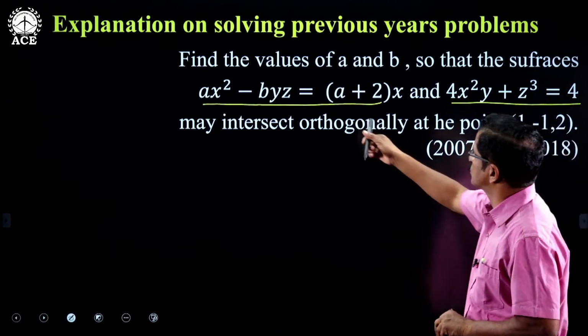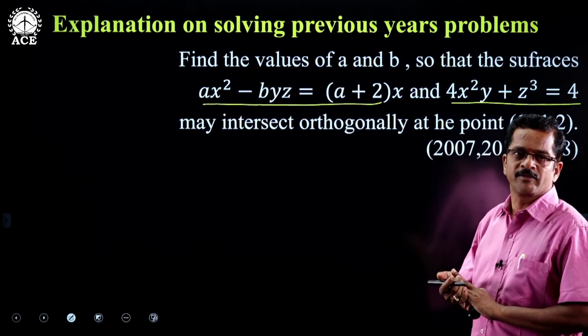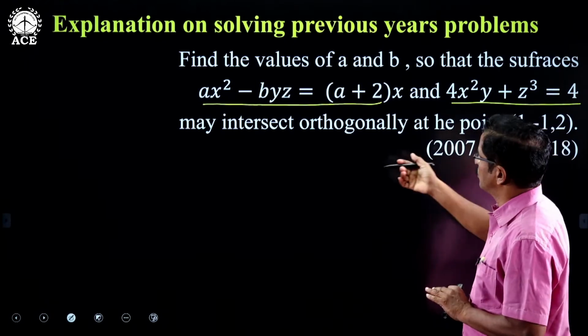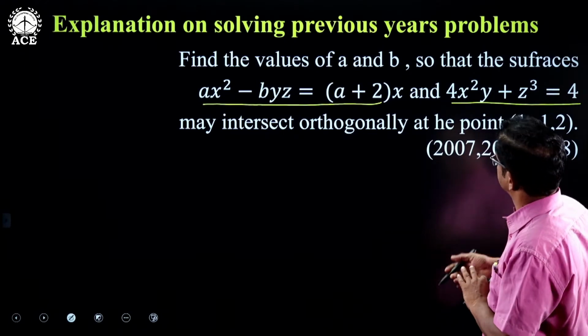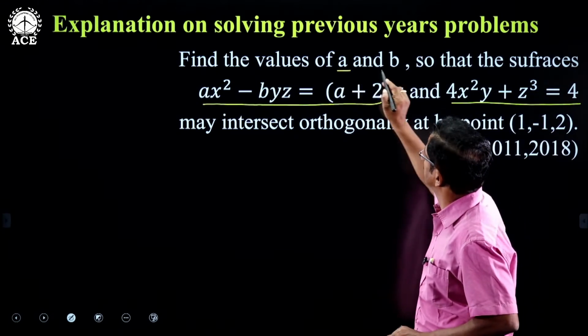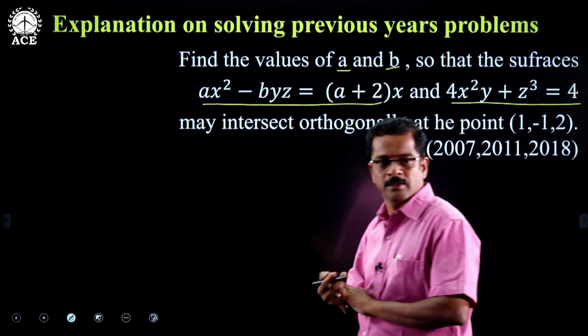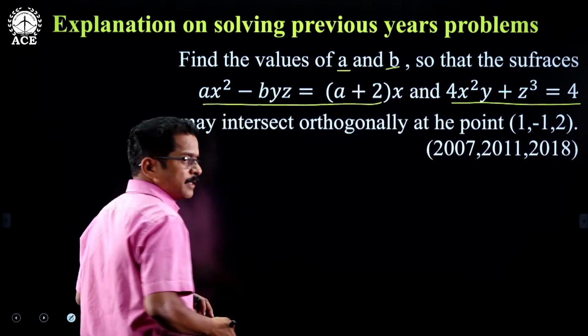So then what are the values of A and B? What is the value of A and B it is asking. Right? So now, here,